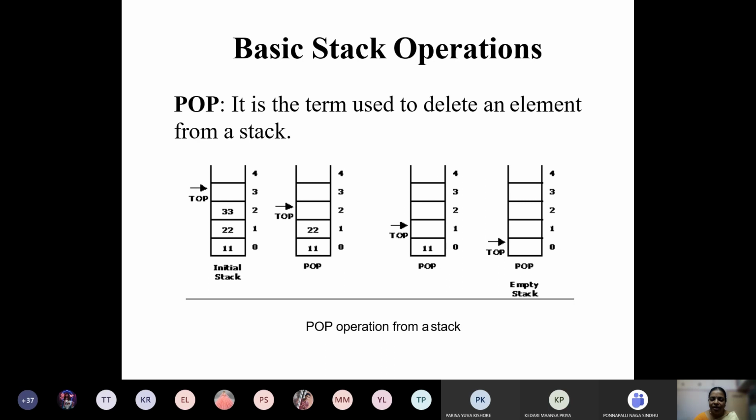So the deletion of an element from a linked list stack means you delete the last element. You can insert the element at the last of the linked list, and at the same time delete the element at the last position of the linked list. That is how you get stack-type operations.